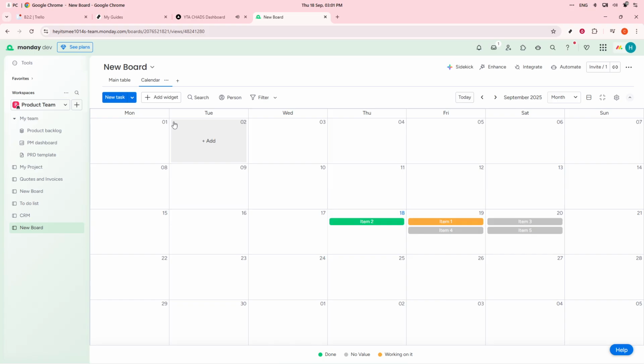For ultimate efficiency, take advantage of automations. These can help you automate repetitive tasks, such as moving a task to the completed group once it's marked done. Automations not only save time but also enhance consistency across your workflow, keeping your boards running smoothly. By following these steps, you'll be well on your way to